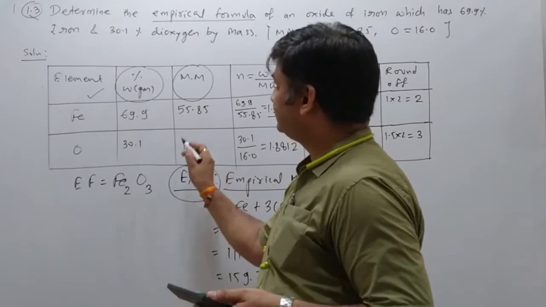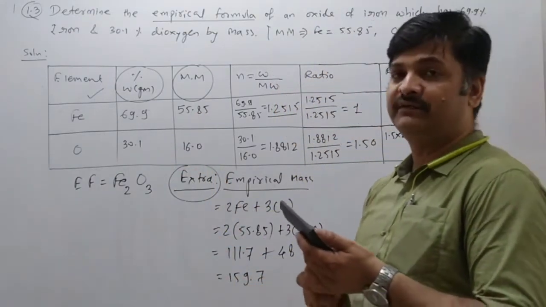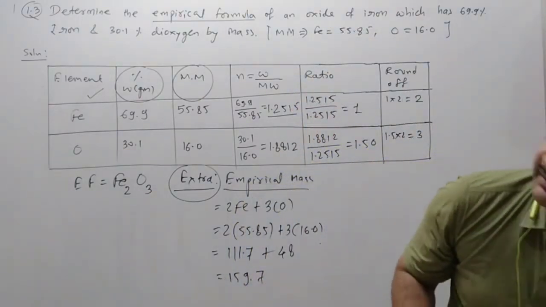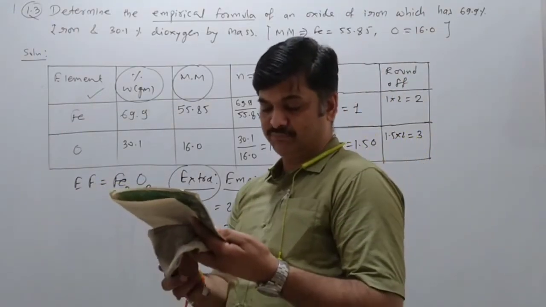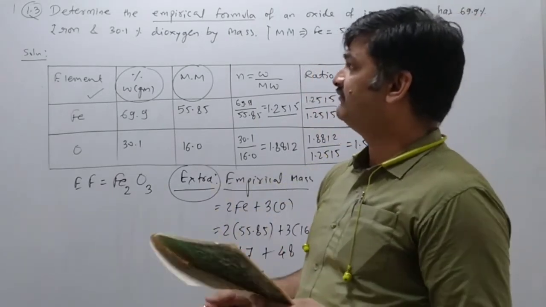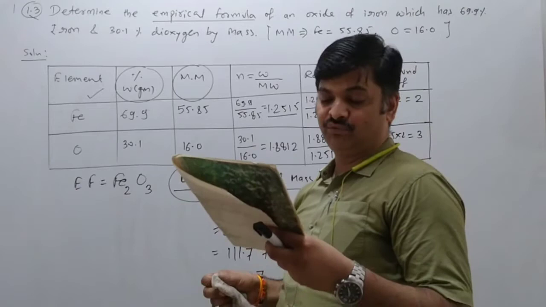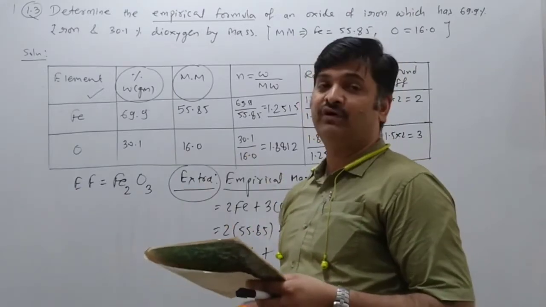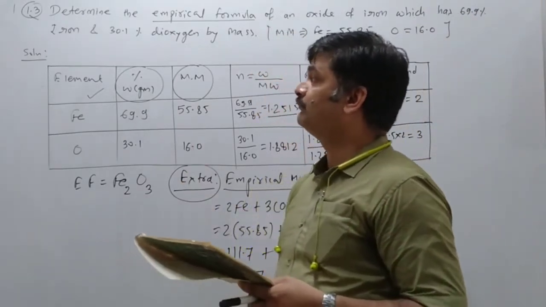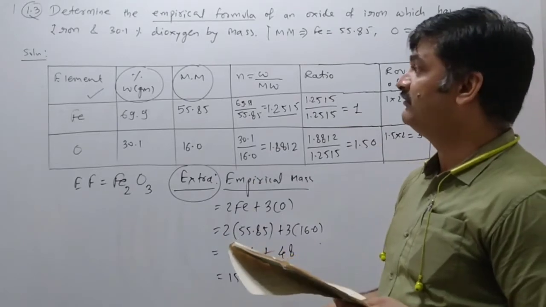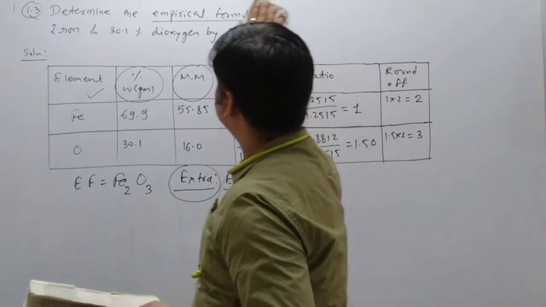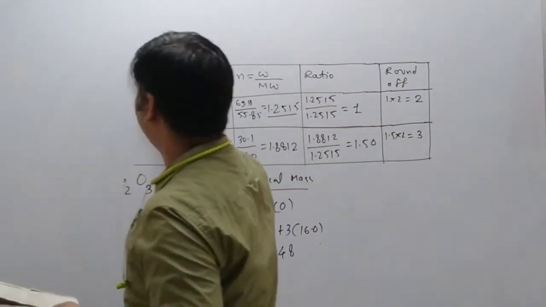See, mass is not required according to the given question, but this is extra. Whenever we discuss question number 1.8, the same question is given, but there molecular mass is given, so you have to find out the formula. When it comes, I will tell you. So this is complete information. This is the third type of question. Suppose if you are interested to find out empirical formula, then this is the simplest method. Clear? Now next, we will discuss question number 1.4.